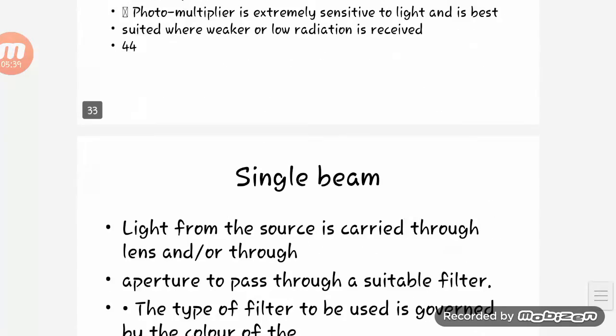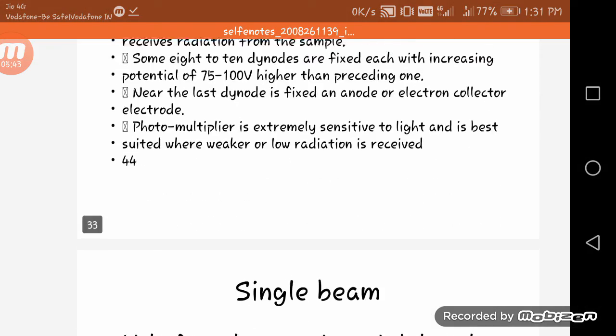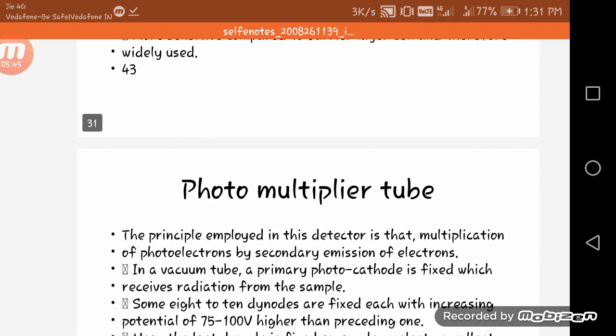So here we have completed this. In the next lecture we will see about the instrumentation device and the single and double beam